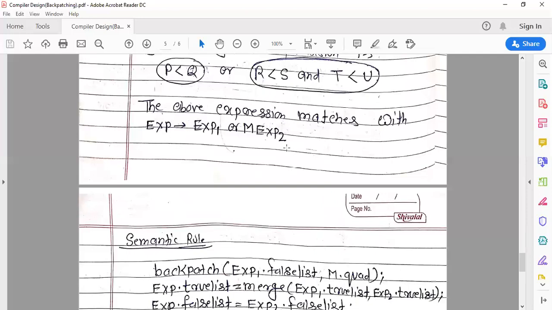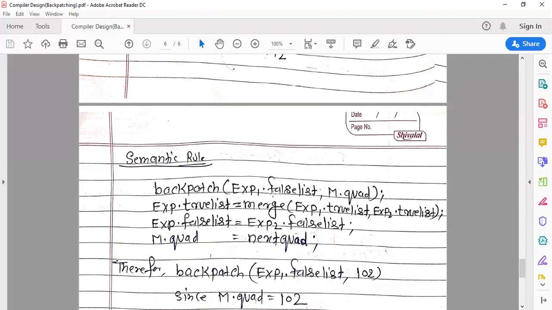The semantic rule for this production is backpatch(exp1.falselist, m.quad); exp.truelist is equal to merge(exp1.truelist, exp2.truelist); exp.falselist is equal to exp2.falselist; m.quad is equal to next quad.